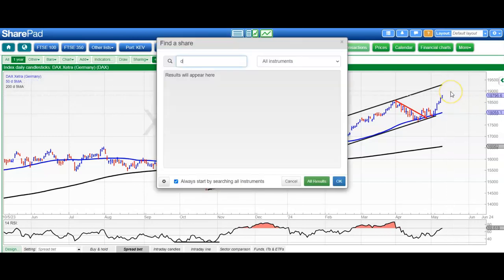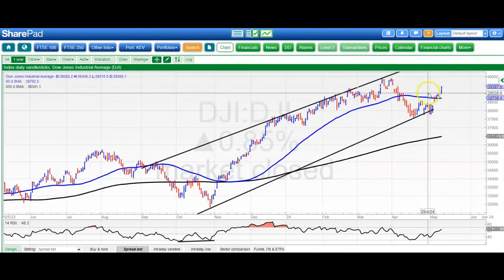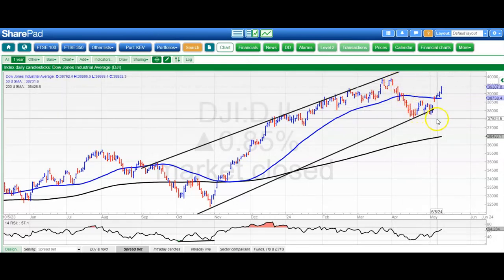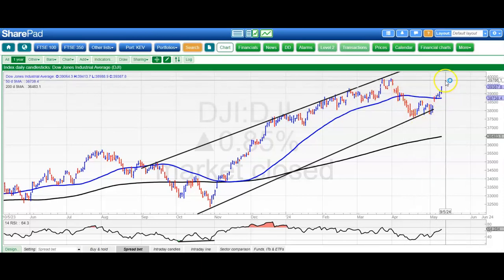Moving on to the Dow, and here the situation is pretty strong as well. We've had a bear trap island reversal, so gapping down there back in April and gapping up this month, and sort of a W-shaped reversal as well, which is very handy. Looking for the recent highs, or the March-April highs, around